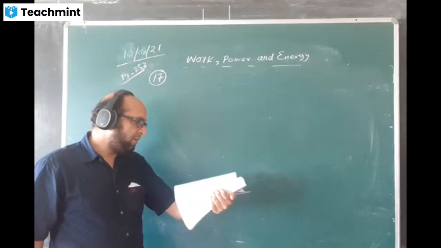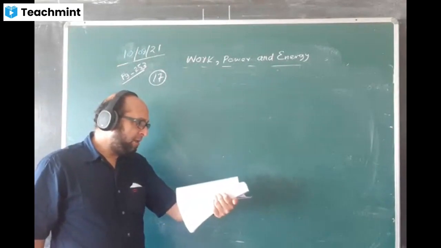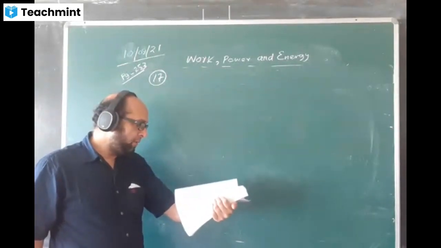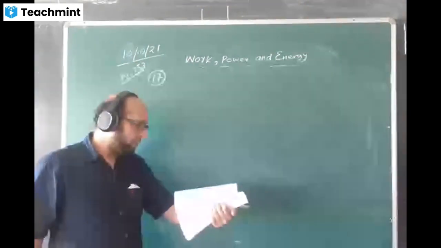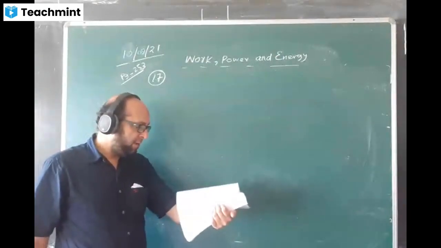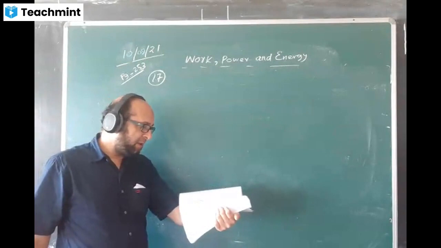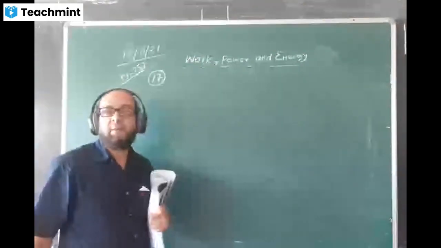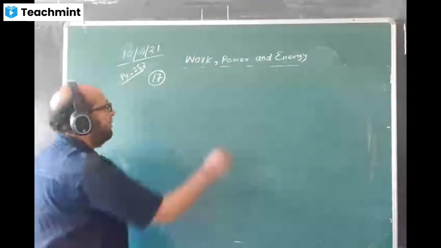See, the mass of a pendulum bob is 0.1 kg and the string is 1 meter long. The bob is held so that the string is horizontal and is then allowed to fall. Find the kinetic energy when the string makes an angle of 0 degree, first case, and the second case 30 degree with the vertical. The value of g is given 9.8. I'll explain to you the situation.